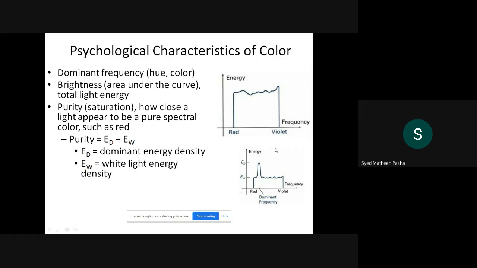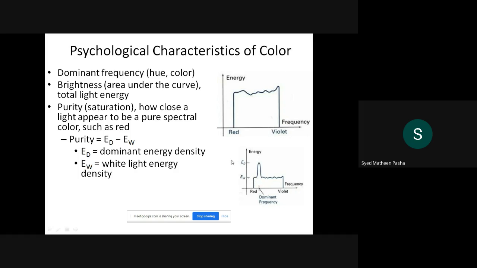Then, if you want to calculate the purity of an object or the purity of the color, the formula uses ED and EW, where ED is the dominant energy density, that is nothing but the maximum density of light. EW is the white light energy density, that is nothing but the initial density of light.